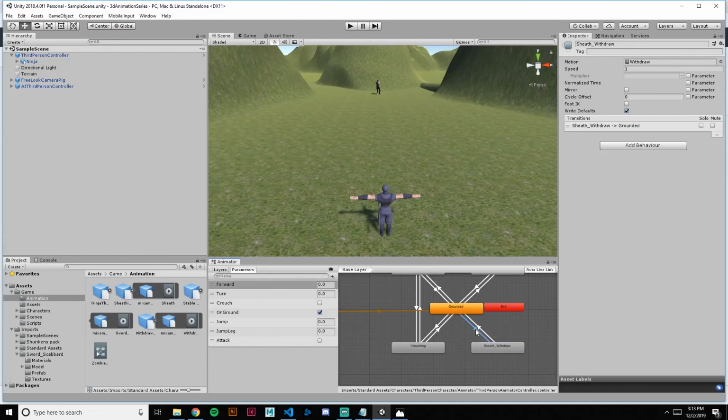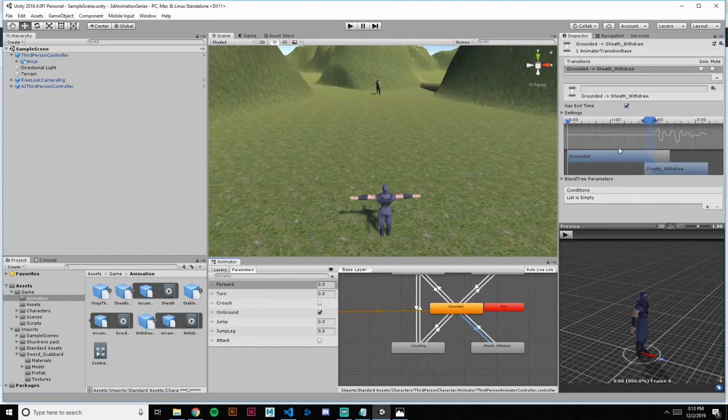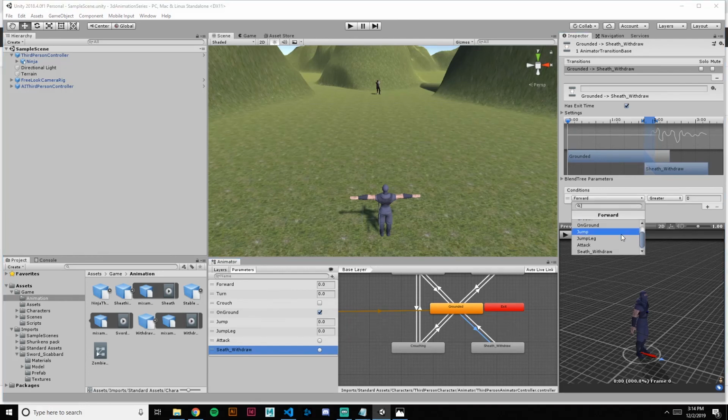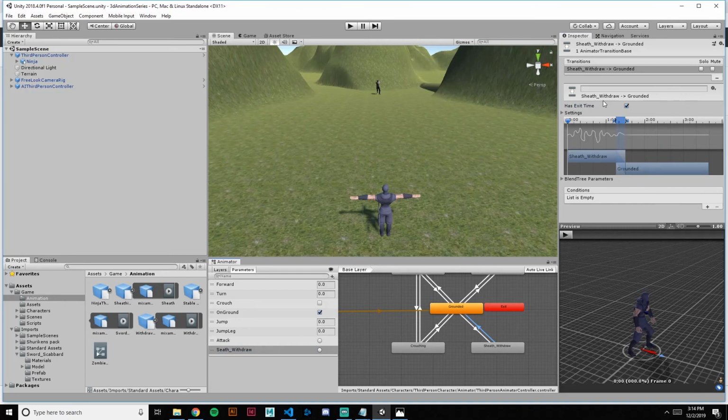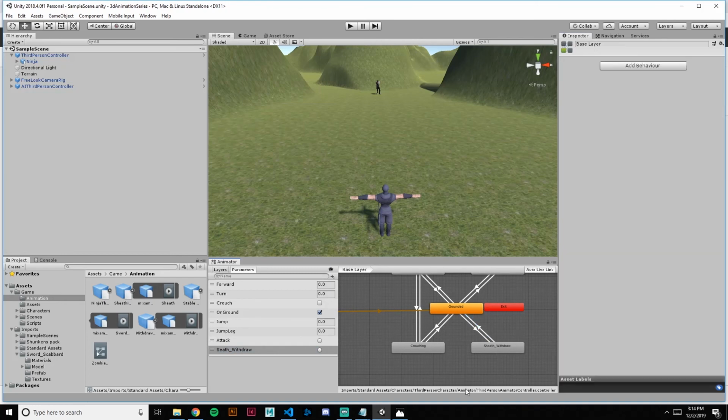We're going to click on the arrow going in. We need a parameter like we did before, so let's make a new trigger. Sheath underscore withdraw. Okay, that's going to be our new trigger. We're going to call it in code, and we're going to make that the condition for this animation. We're going to say no exit time, and on the way out, we do want the exit time with no condition. So now we have that set up,